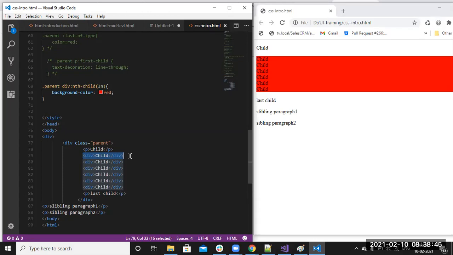In that case, what will the CSS compiler understand? This div is there, right? So for that parent div, it checks the type of the elements, and it will search for that div only. The number of div elements are there, right? So it will search for that div element. Okay, that div element exists. In that, it will select the first child of that type and give it to you.